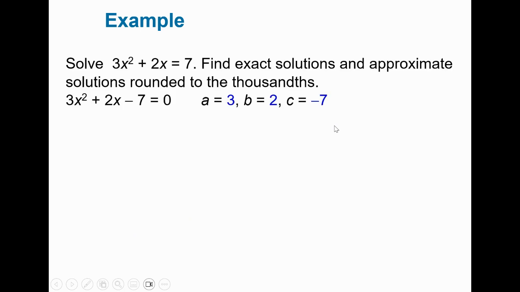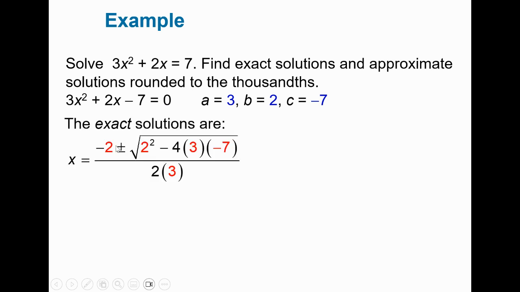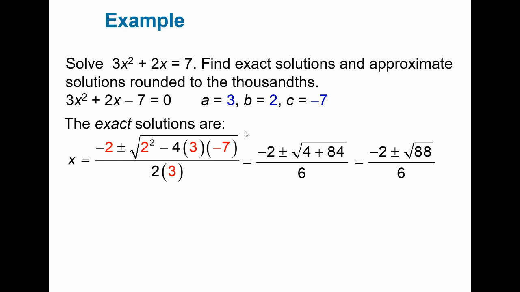All right, here's an example. First thing we do is bring the 7 over, put all the terms on the same side of the equation. There's your A, there's your B, there's your C. And substituting in the opposite of B. All right, the opposite of 2 is a minus 2, plus or minus my B value squared minus 4 times my A times my C, divided by twice my A value. And then this becomes the square root of